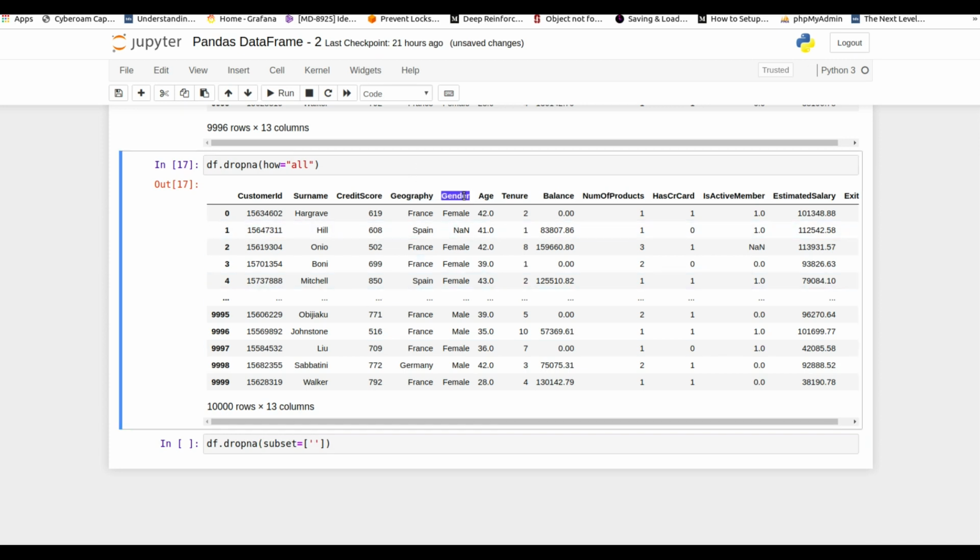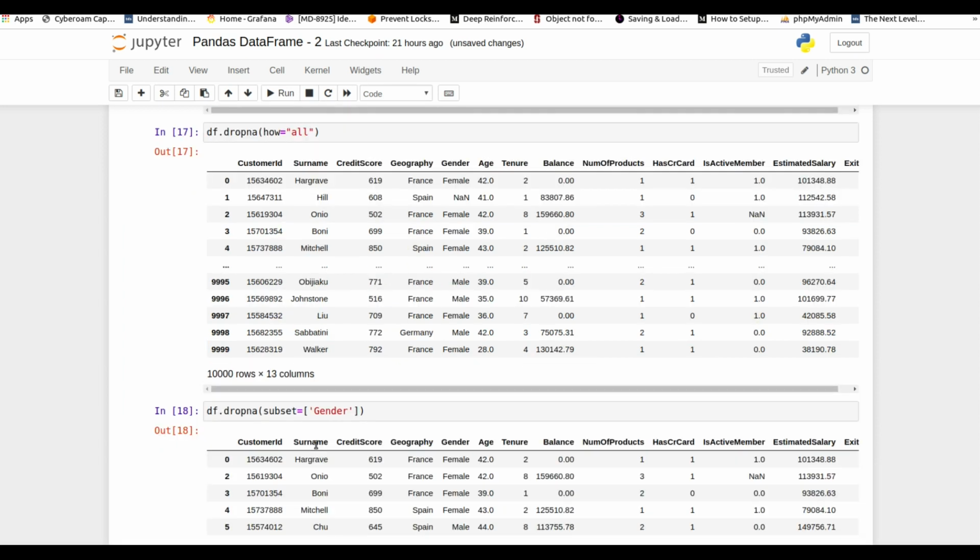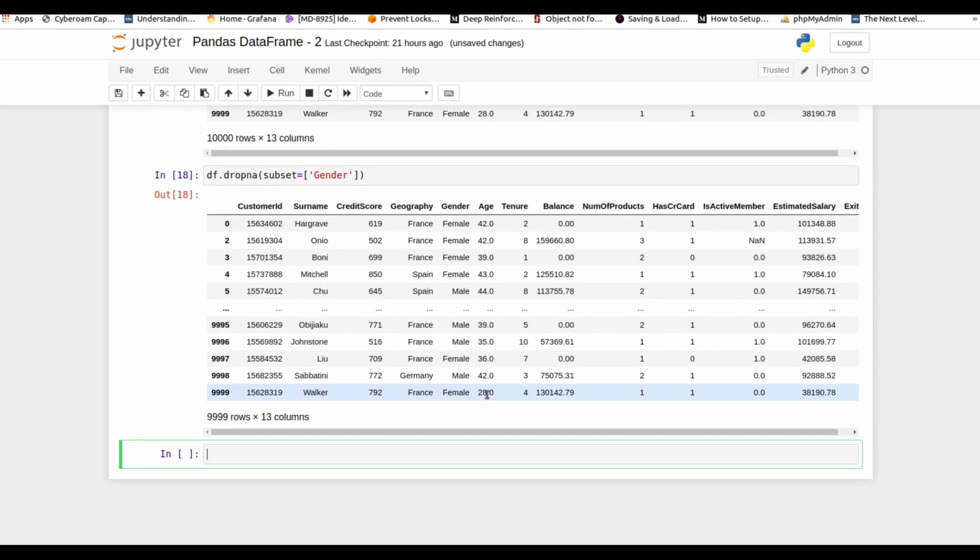I'm going to provide gender, and now if I run the block, you can see the first row is dropped. The active member column also has a null value, but it is not dropped because we are dropping according to the gender column only.